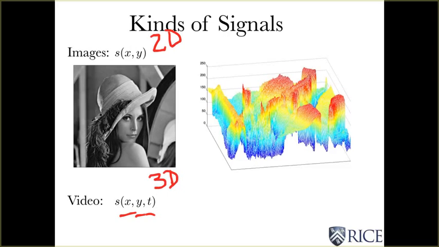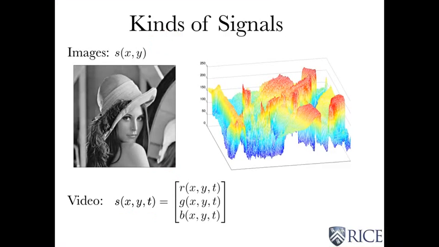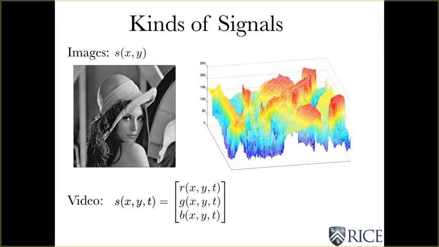So again, a one-dimensional signal was, for example, speech, what we saw earlier. But it can be a little bit more complicated than that, because if it's color video, it actually is three 3D signals rolled up into one, considered as a signal. So our color video actually consists of a red, a green, and a blue signal, each of which is a function of space and time. So this is a multi-valued